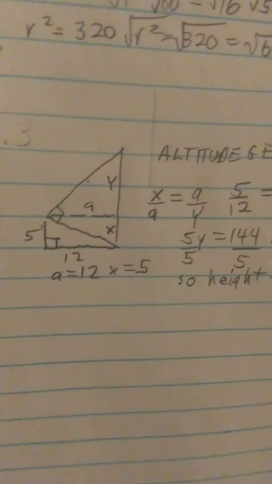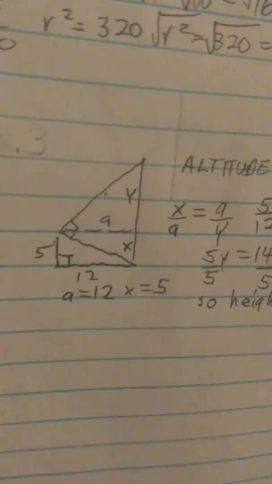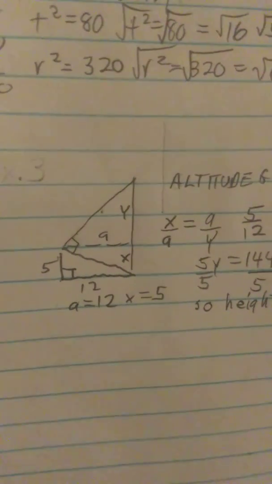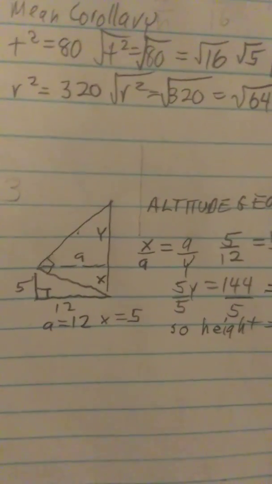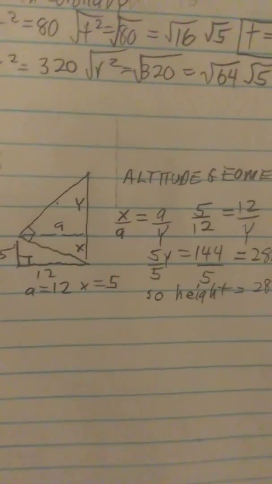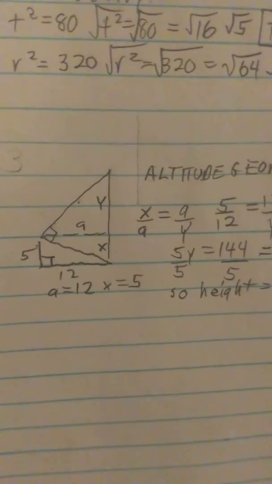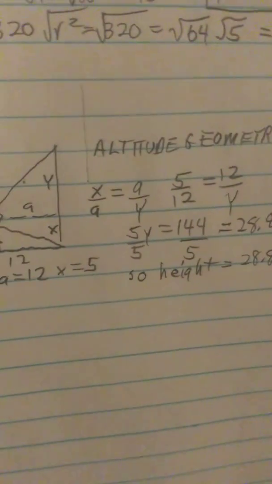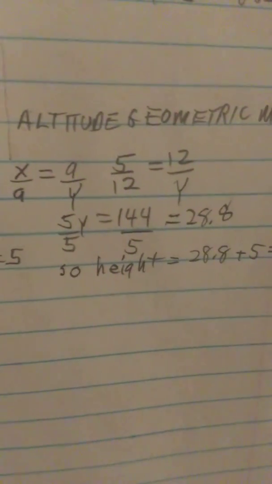But the main thing to note is that the parallel line A is parallel and equal to 12. So A is 12, the top, and 5 across to the side to the right is the same as x. So A is 12 and x is 5, giving us 3 of our unknowns on the big triangle, A, x, A, y. So using our height geometric mean, x over A is A over y, so 5 over 12 is equal to 12 over y, giving us 5y is equal to 12 times 12, 144, and